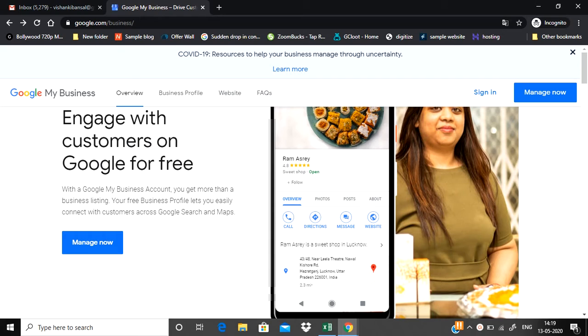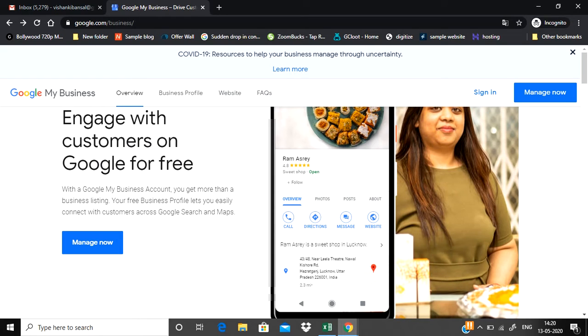So let's suppose you are a manufacturer and you sell your product using different retail chains and you want your audience to know the nearby retail store who are selling your product, then you need to use affiliate location extension. But if you want to promote your own business location, then you need to choose location extension. So that's the difference between location extension and affiliate location extension. Now let's see how to set up the location extension.